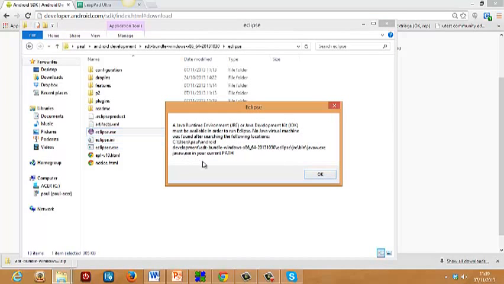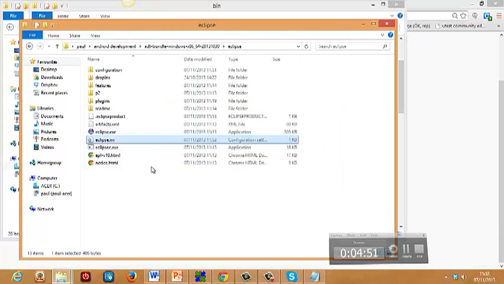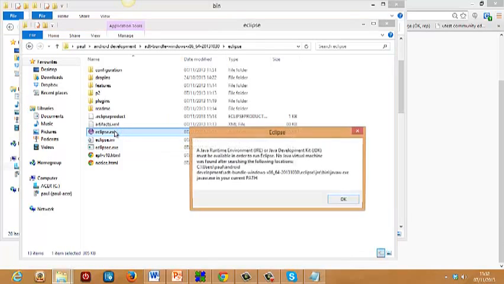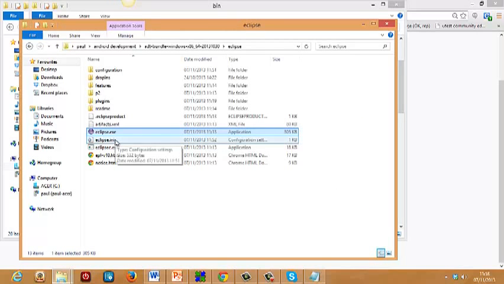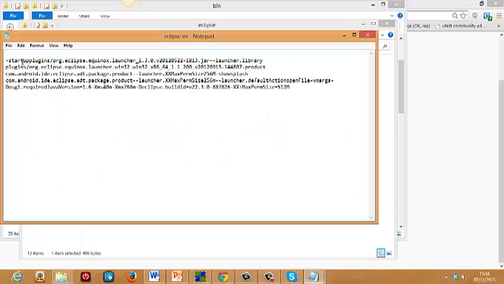And now we have a problem. It shows in the following locations. It's not finding the javaw.exe in the current path. Right. To rectify that, what we can do is go to the Eclipse INI file, which is just under the Eclipse executable file. You may not get this message, everything may run smoothly, but if you do, this is a way to rectify it. So we'll open that up just in Notepad,